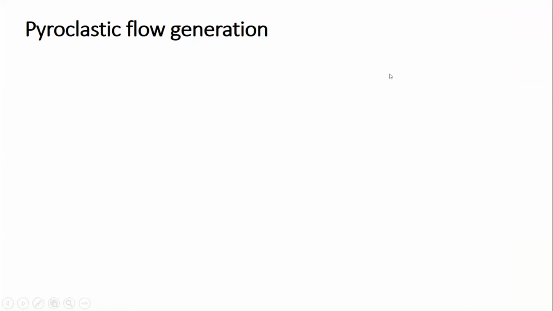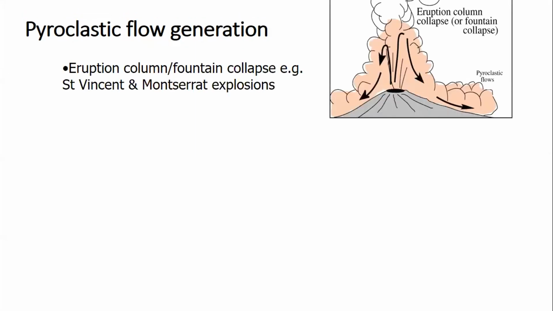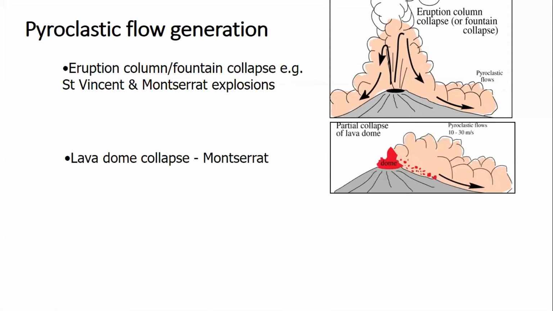So what I want to highlight really is that so far we've seen a number of different mechanisms. We've seen pyroclastic flows generated at Martinique, which was a lateral blast. We've seen pyroclastic flows generated by lava dome collapse, and we've seen pyroclastic flows formed by what we call fountain collapse, Montserrat, and in a moment I'll be talking about that at another island. So here's the process of fountain collapse, where we've got material, tephra, being ejected upwards and then collapsing back downwards and forming pyroclastic flows in different directions.